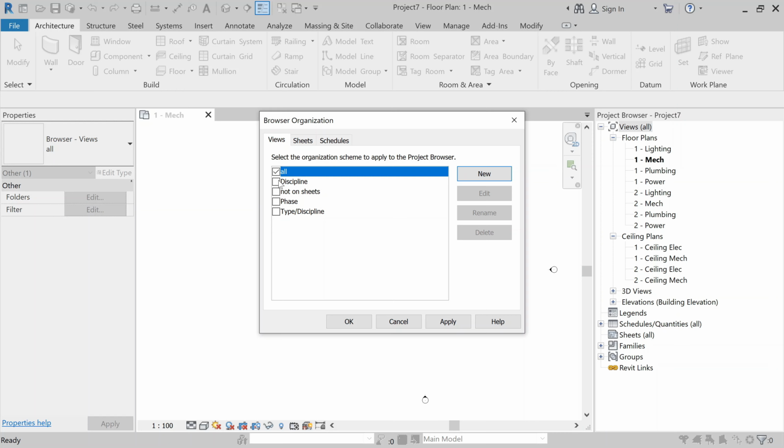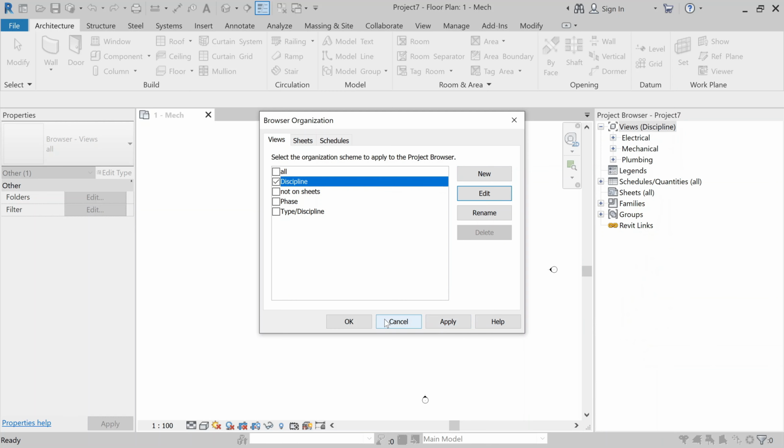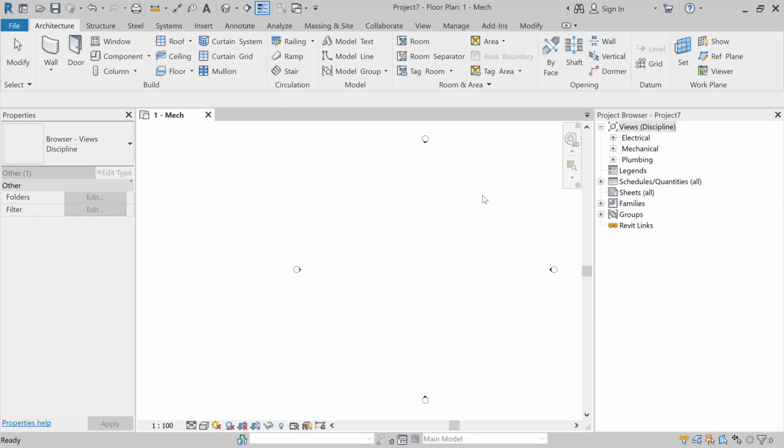If you want to organize your project browser according to disciplines, select discipline, and as I've said before, this is the general practice in Revit. We generally use organization of project browser according to the disciplines. Then click on OK, apply and OK, and you will see the disciplines are back.